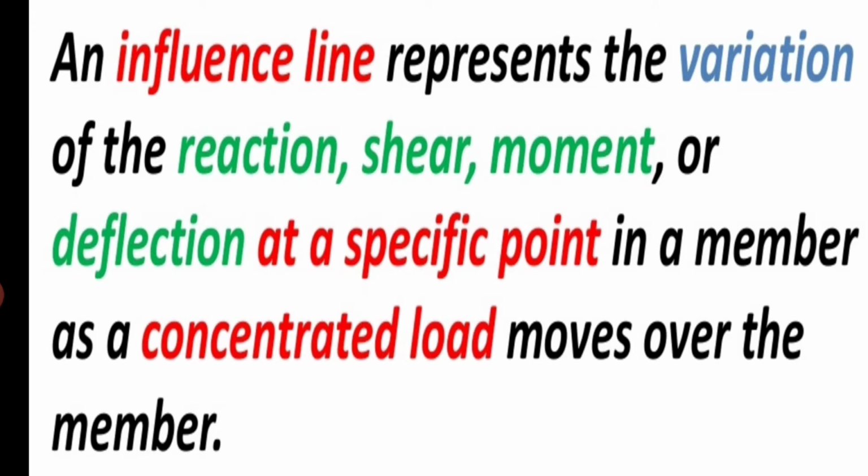In other methods, we find out only the support reaction as well as the maximum at midspan. Between the midspan and the support, we cannot find the value at a particular section. Here with the influence line, at any point we can find the reaction, shear force, bending moment and deflection also. That's why it is very important for analyzing the particular shape of bending moment and shear force. It helps to study the effect of moving load on structures.